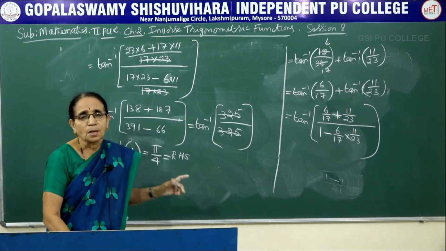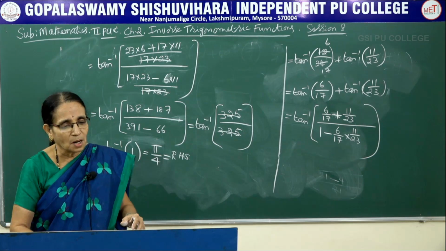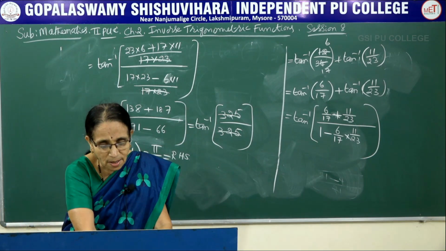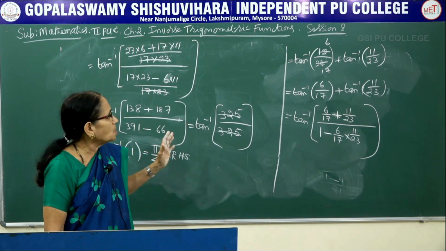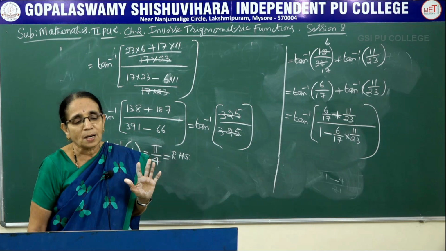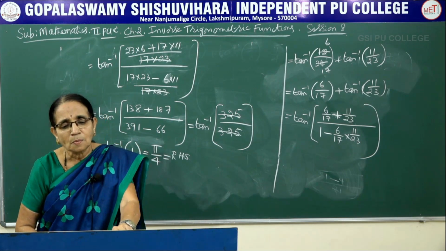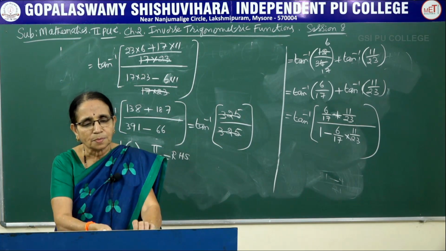So this you can expect, as I told you already, for a 3-mark question. Now that is either the direct application, here also the direct application only. The number of times we have applied is 3 times we have applied the same result. Now one more problem, let me try.